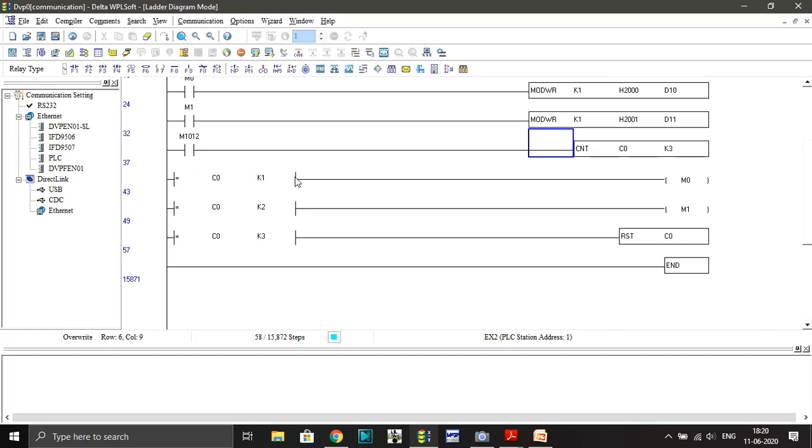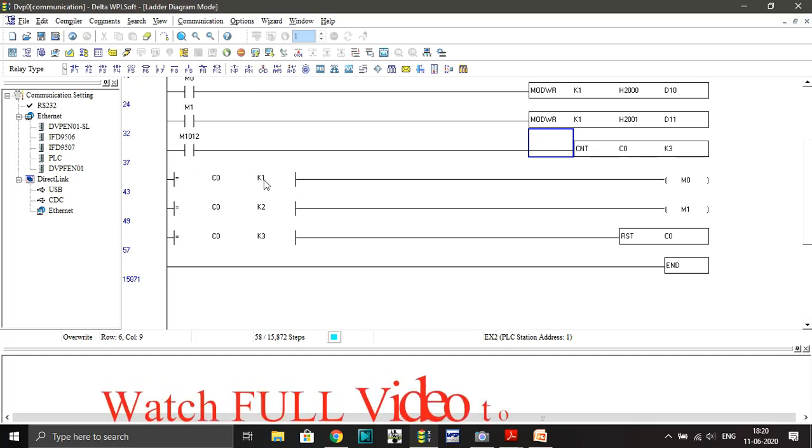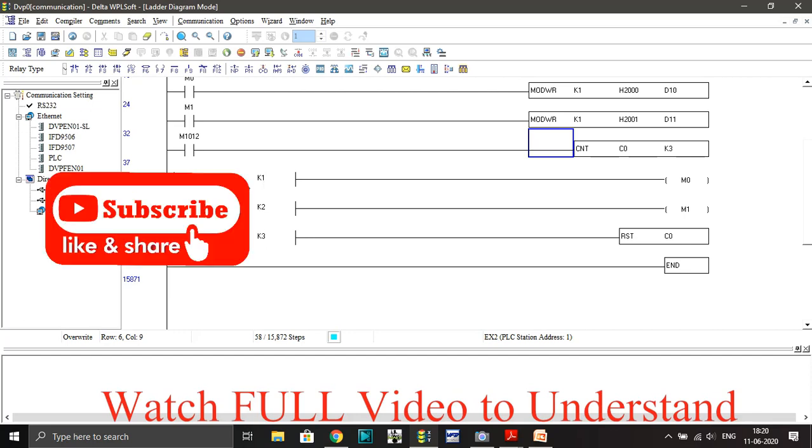At each counter bit, I put the comparison instruction with C0 and number 1, C0 and number 2, and C0 and number 3, so it will make equal. If the counter pulses are 1, then we'll activate M0.